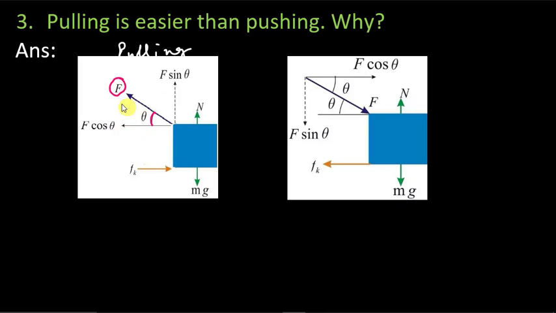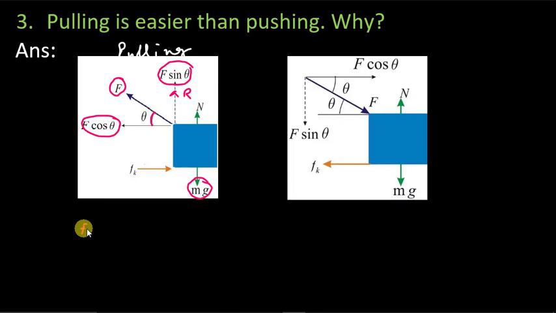Now we resolve F into two parts: F sin theta vertically upward and F cos theta along this. So this F sin theta is along the direction of the normal reaction R, and weight mg is acting vertically downward. So we can write